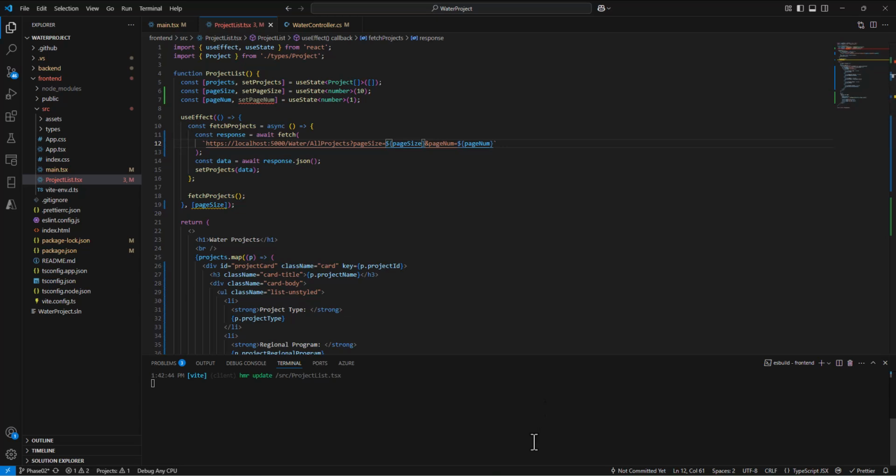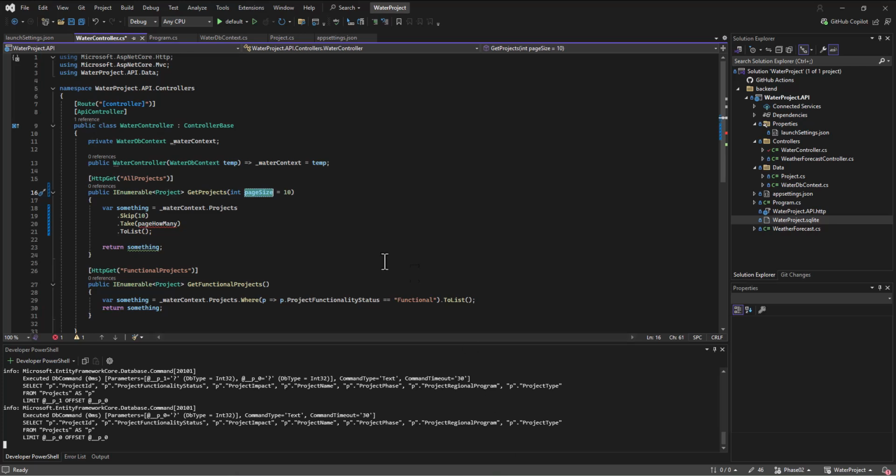So then what do we need to do on the controller side? We need to make an entry here and say int page num. Now these do not need to be in any particular order because it is trying to match names in this case. But it makes sense to put them in the right order. So int page num, and we can set the default here as well just in case something isn't passed in. So now I can say skip how many.